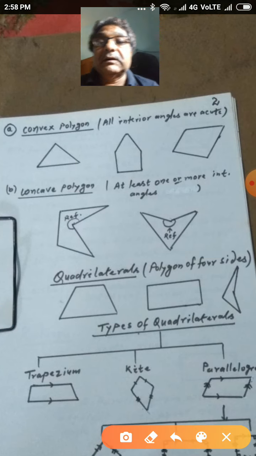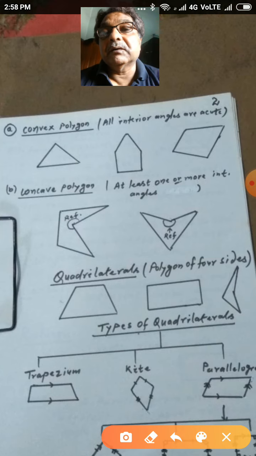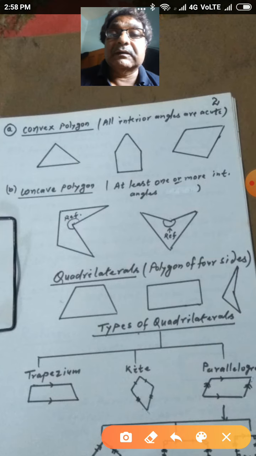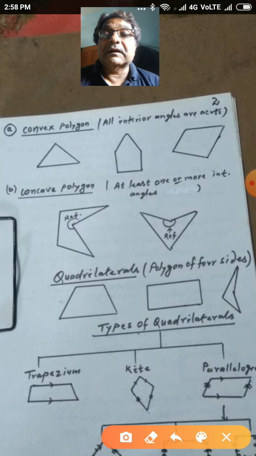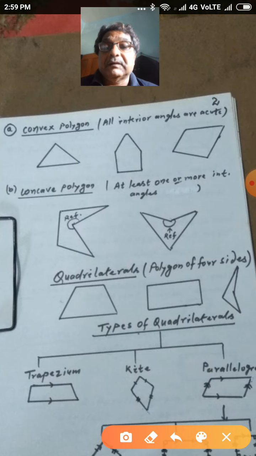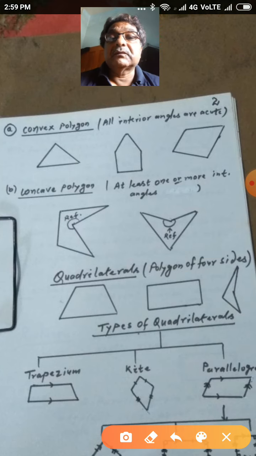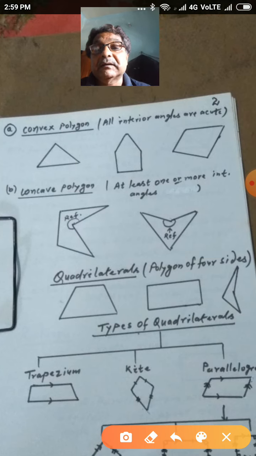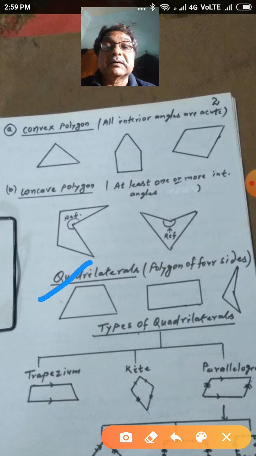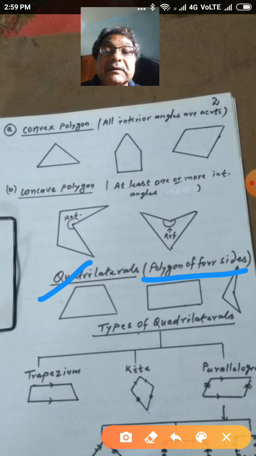Now student, we will come to our topic, that is understanding quadrilaterals. We will go now to understand quadrilaterals in detail. As you have seen earlier, polygons of 4 sides are known as quadrilaterals. So again here it is mentioned that quadrilaterals, inside bracket, are polygons of 4 sides. Examples are